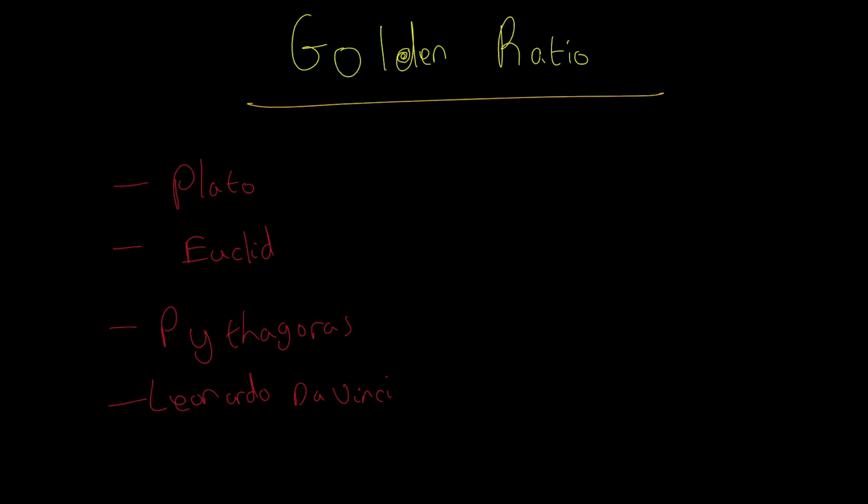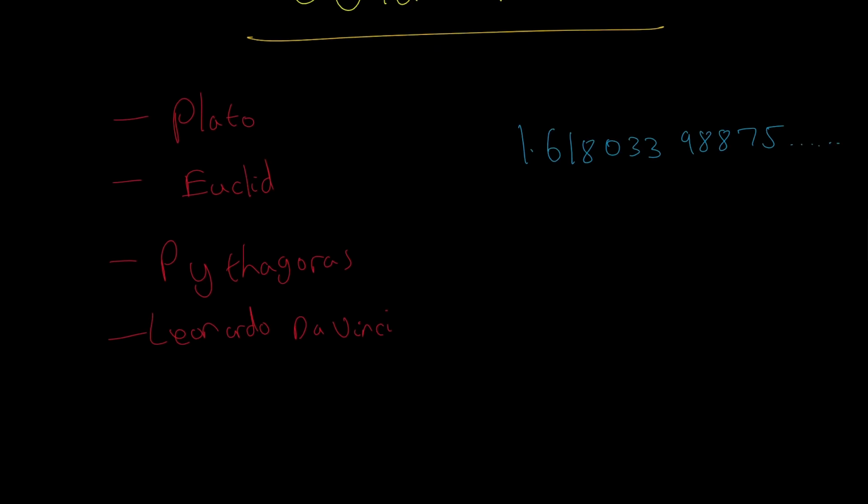So the golden ratio is a number. If you were to write it out, it looks something like 1.61803398875, and there's more decimal numbers as well. None of these numbers repeat, or they don't repeat in a sequence, and this is what is called an irrational number. An irrational number is a number that cannot be represented as a fraction of two